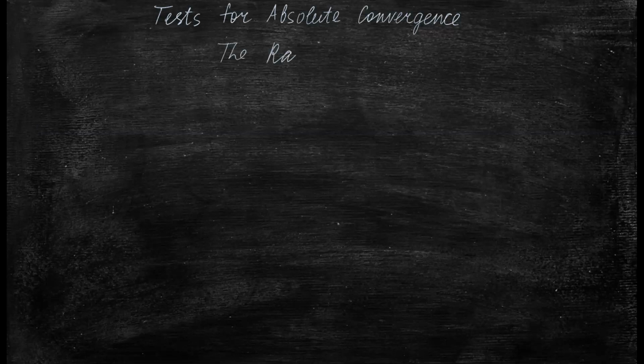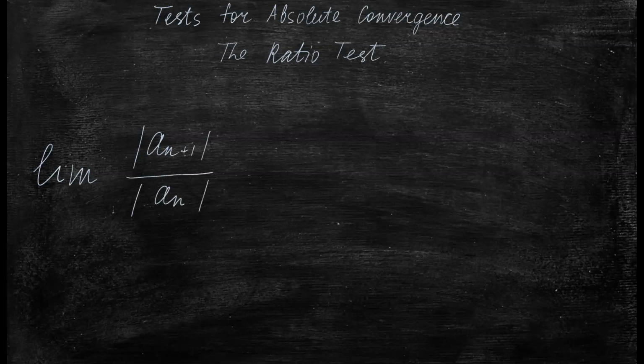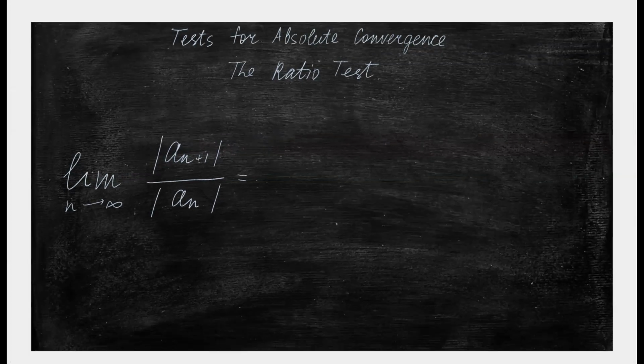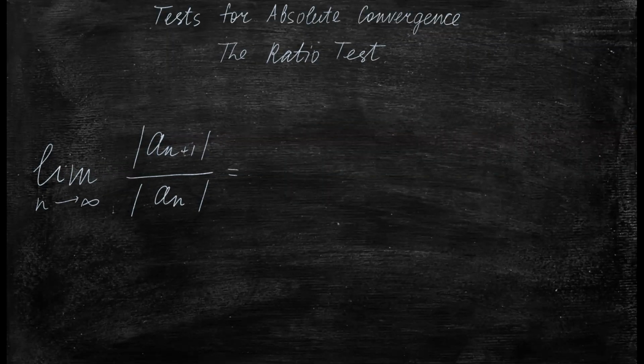The ratio test is asking us to set up the limit of the ratio of a successor over its predecessor in absolute value terms. So you find this ratio and find the limit of this ratio, more importantly, and then you have three possible choices. So that limit could be